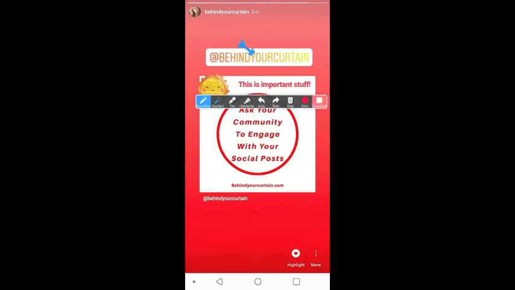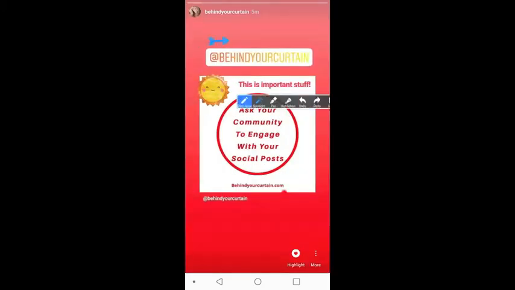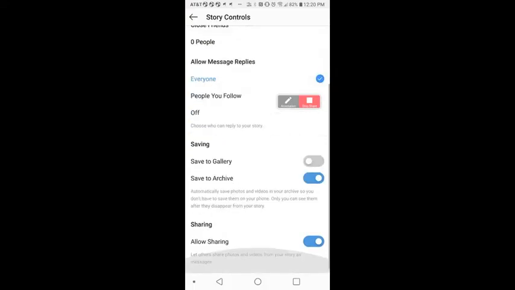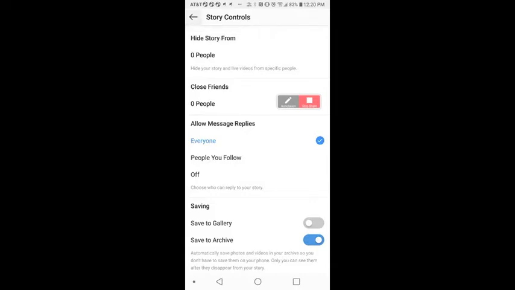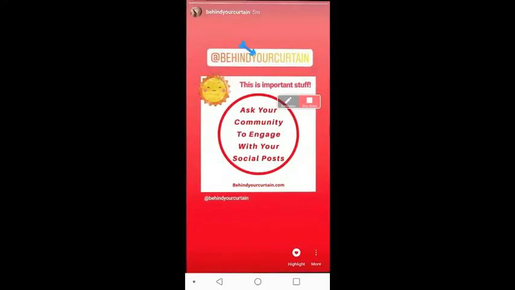You've also got the ability, down here in the bottom right, where you've got some options. So you can delete it, you can save it, you can share it as a post. Again, you can go into the settings. Story settings, while it looks like that might be an edit, does not allow you to edit or change any of what you've already added to that. So make sure that you've done all of the adding the GIFs and the text and the edits beforehand, before you hit share to story,